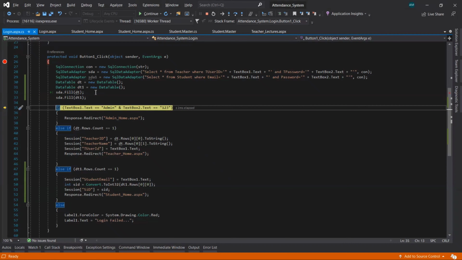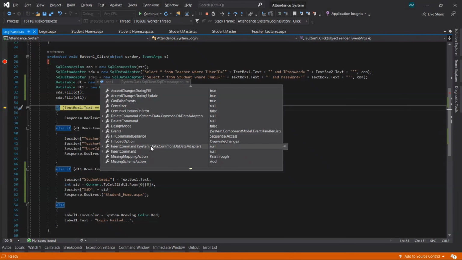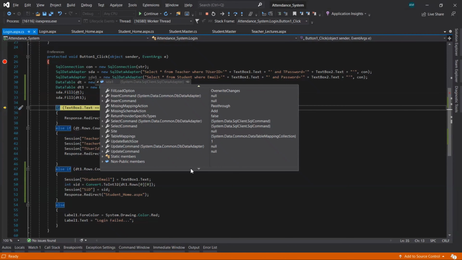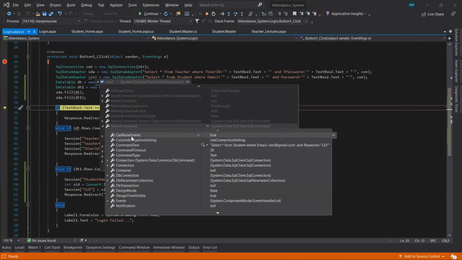So let's check the query here. For the student part, we want the select command. We can get the select command from here.